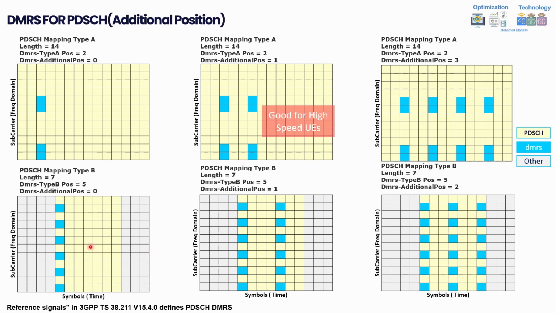And this is exactly the same, but I'm giving an example for BDCH type B, which can occupy a maximum of 7 symbols. And here it just mentions the DMRS type B position, which is the first symbol of the BDCH. The BDCH here is starting from symbol 4, counting 0, 1, 2, 3, 4. And here we don't have any additional position. That's why we have only this part. The difference here is additional position 1, so we'll have an additional 1. And this is 2, for example, where we'll have 2 additional DMRS positions. And this again can improve the performance for high speed users. And this is the main thing.